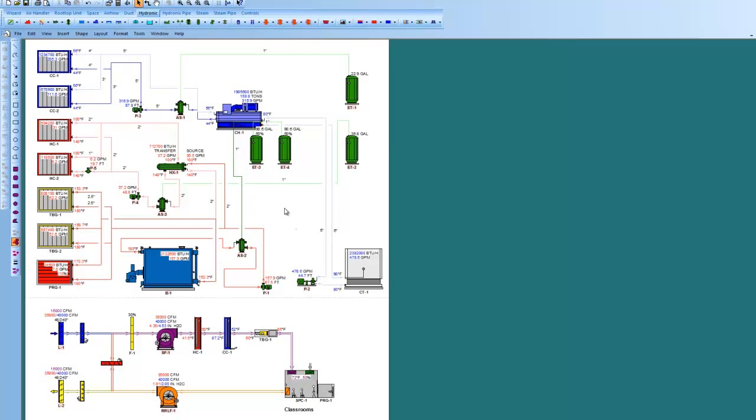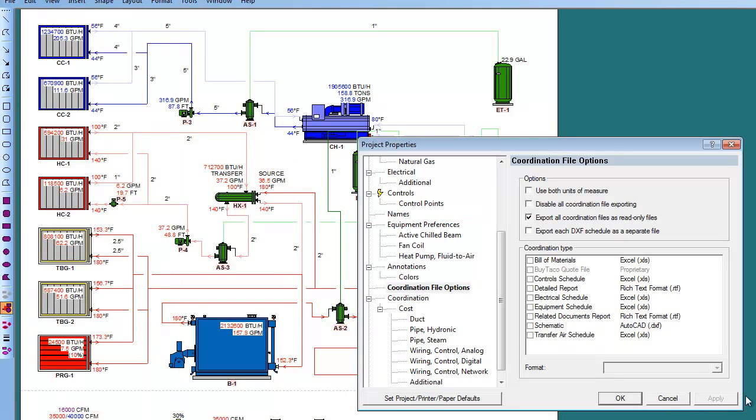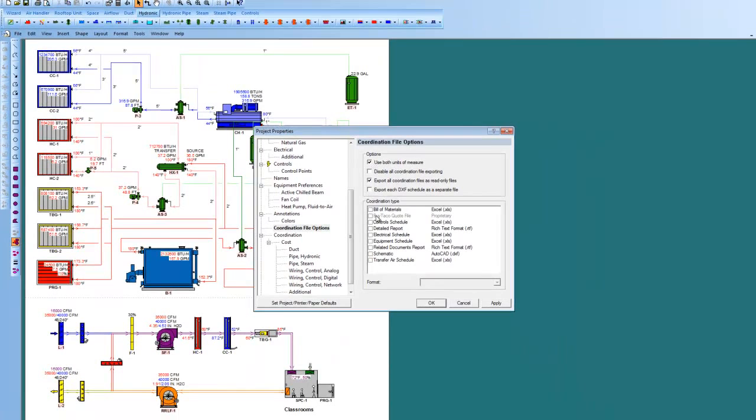So after modeling a system, you say, okay, now what do I get from my model? Let's just go look at that. Under File, Coordination File Options, we'll see here what we get from HVAC solution. Right here, we can have both units in English and metric, meaning our drawings and our schedules. We can receive a bill of materials, a control schedule, a detailed report, electrical schedule, things I need to coordinate